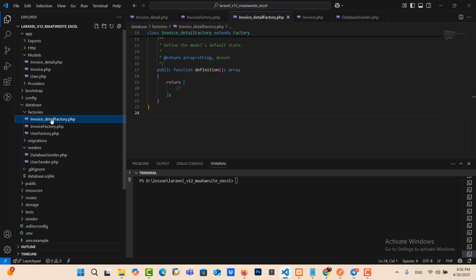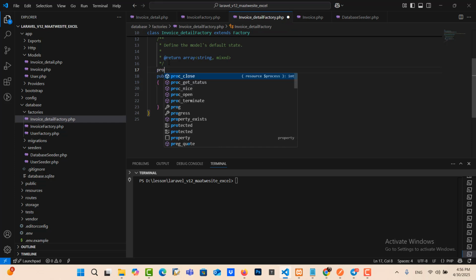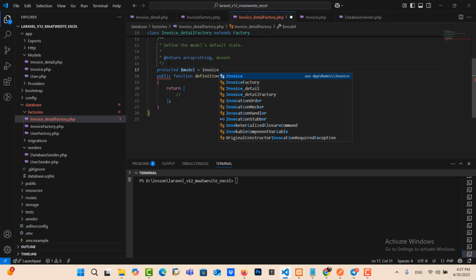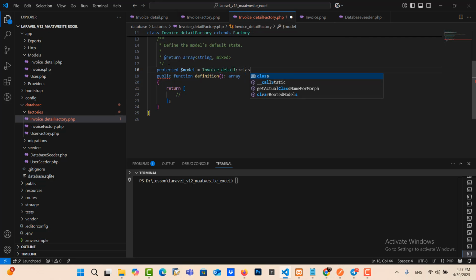Okay, we move to another factory. I do the same, so we need to declare the model, invoice details.